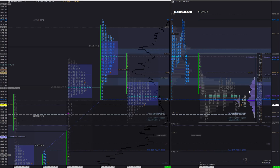I will be monitoring if we can get inside yesterday's range. First area that is interesting is going to be yesterday's open, this pullback high from overnight, and yesterday's pullback low. If we can get higher, then the next area is going to be those hidden singles from yesterday in L period, and also overnight high, and also I think it was point of control around overnight all-time highs. So if we create an excess here, I will be shorting